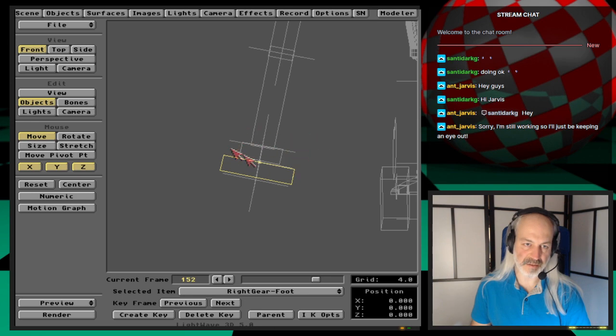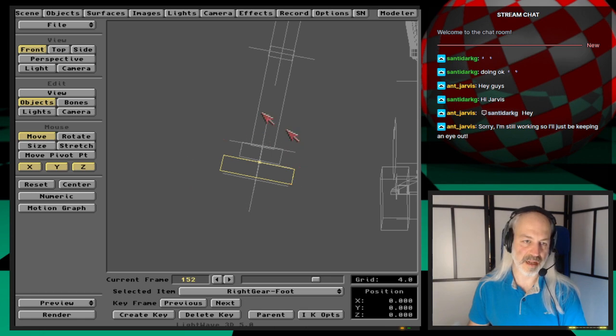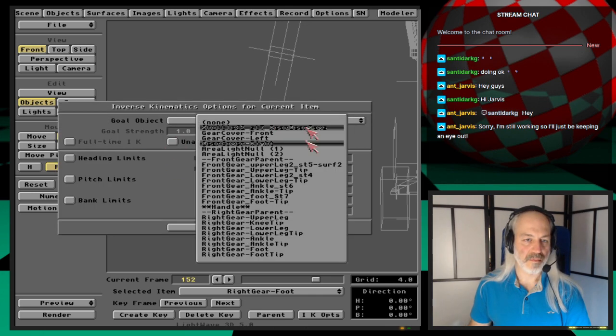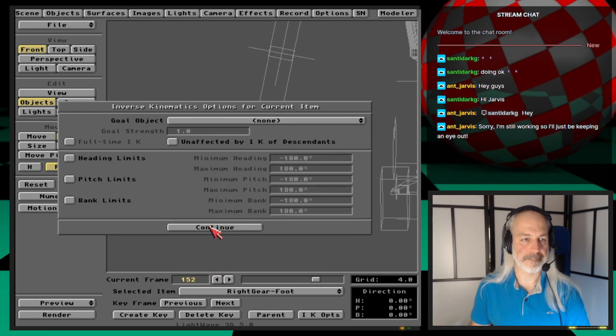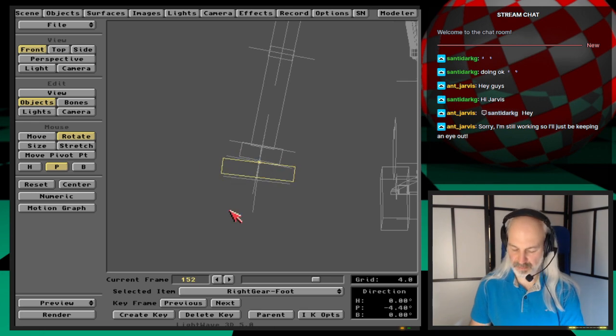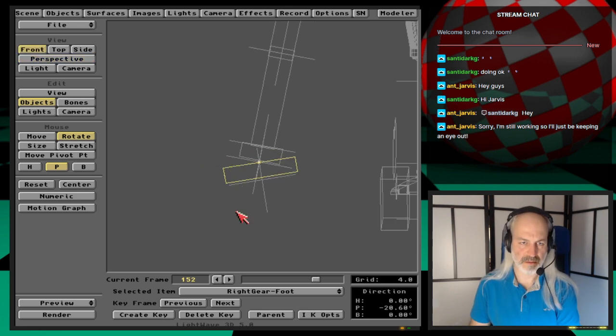Since we have the ankle following the bank axis, now we will be allowing the foot to be moving on its pitch axis. Okay, so pitch limits, but anyway, let me see what will be the range of that. Let me see, I want to see that here. Yeah, so perhaps